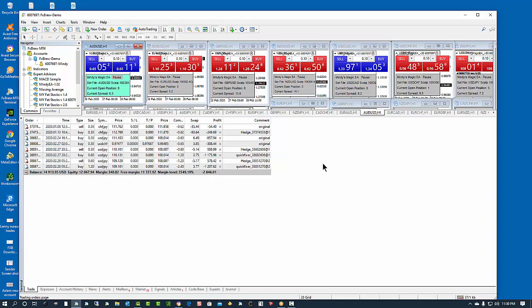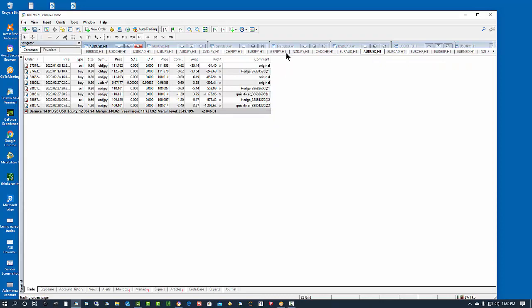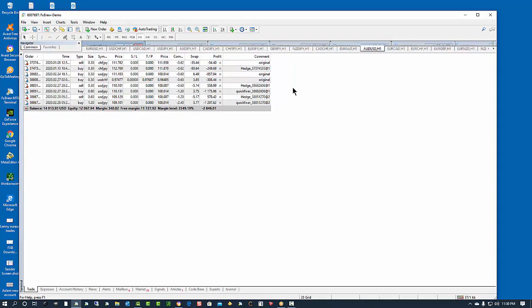But most of the time, what you're going to find with the Magic EA is you really do not want to intervene with the trades, because when you do intervene, you're usually messing it up. One thing that a lot of people do, they'll see this big profit in this hedge trade,